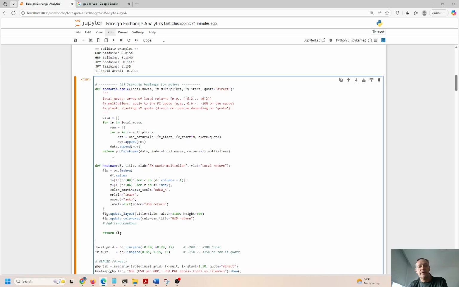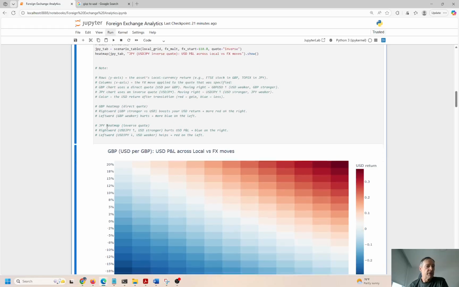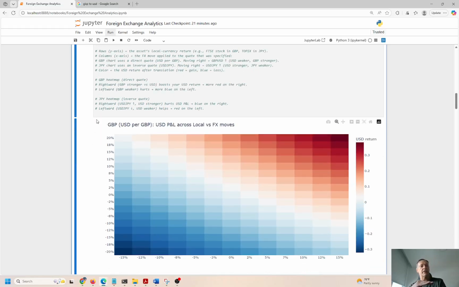Okay, so here's another scenario. We're going to create a couple of heat maps so we can visualize this too. I always say a picture is worth 1,000 words. We're going to go ahead and do kind of the same scenario that we just did before, but now we're going to plot everything in a heat map. So the rows on the y-axis are really the assets' local currency return, and on the x-axis, I'm sorry, I said it wrong. On the y-axis is the vertical, right? The x-axis is the horizontal. The x-axis shows us the FX move, so this is a foreign exchange move, and the y-axis shows us the